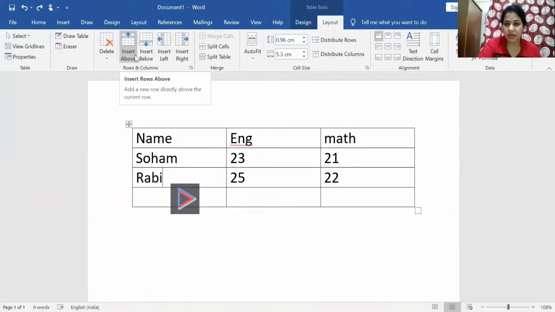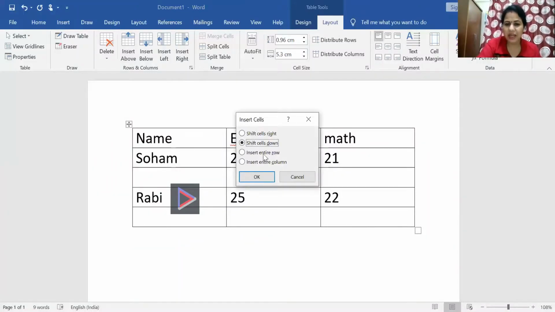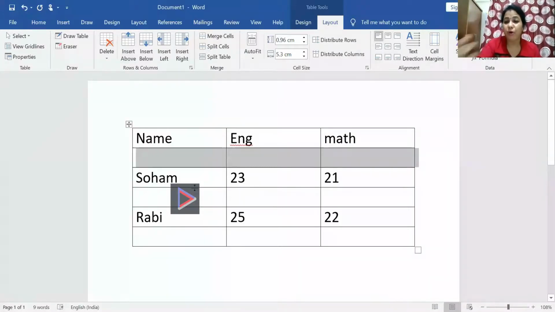This is the shortcut, you can do it directly. So insert above, and between Soham and Rabi it has been added. In the same way, if I go to this arrow and choose insert entire row, then the entire row is inserted. Here it is very difficult to tell above or below, that is confusing.